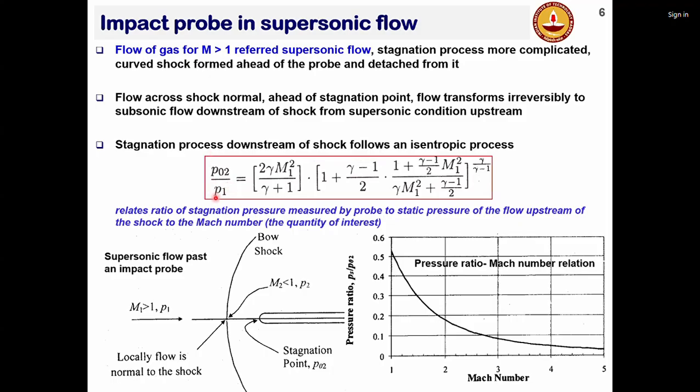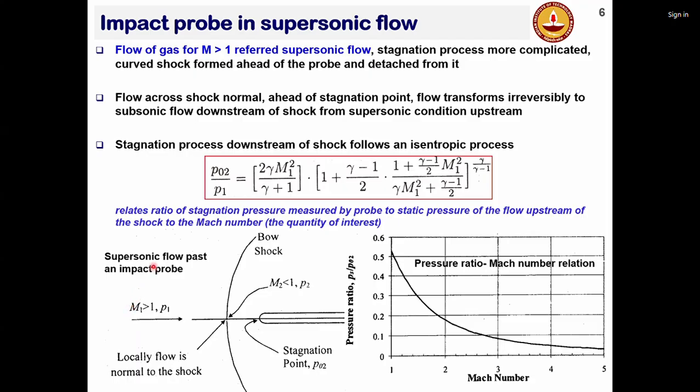So the stagnation pressure to static pressure ratio is given as 2 gamma into Mach number square divided by gamma plus 1, into 1 plus gamma minus 1 by 2 into M1 square, divided by gamma M1 square plus gamma minus 1 by 2, whole to the power gamma by gamma minus 1. So this is the stagnation pressure to static pressure in case of a bow shock. And basically, if you can measure the stagnation pressure, using some instrument,